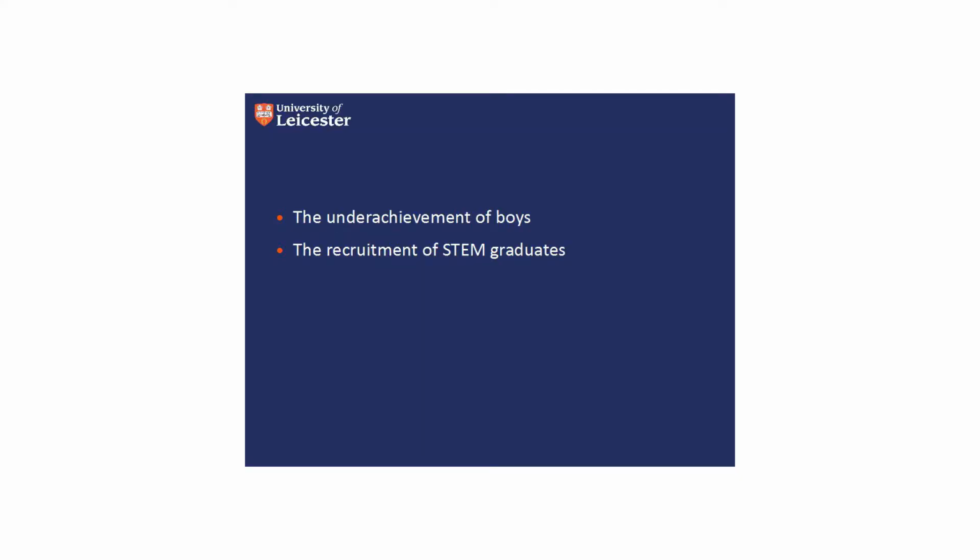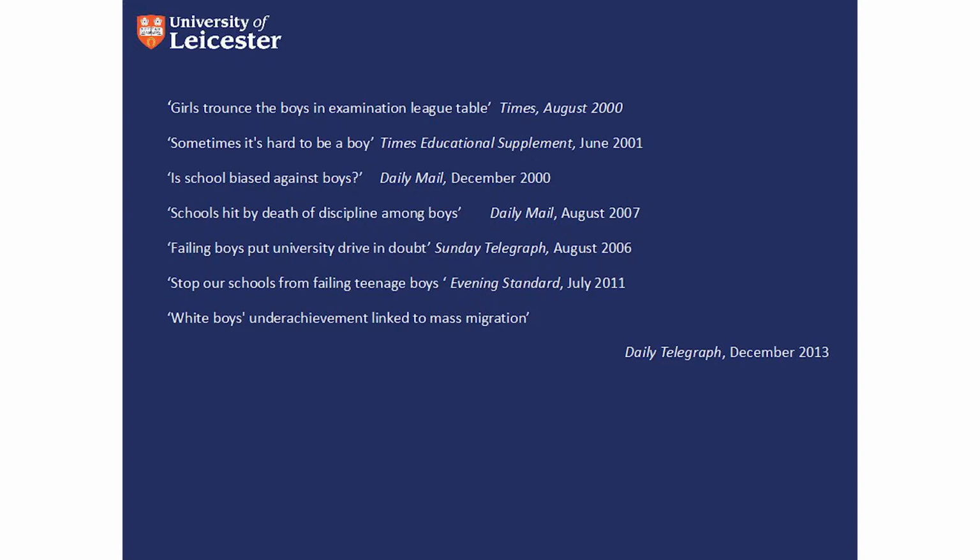It is particularly white boys now. It varies. It's usually some boys of some sort. But at the moment, we're concerned about white working class boys, partly because students from many ethnic minority groups have improved their performance quite considerably recently, although that doesn't mean that students from all ethnic minority groups are successful in school. But at the moment, the focus is on white boys and this notion of underachievement.